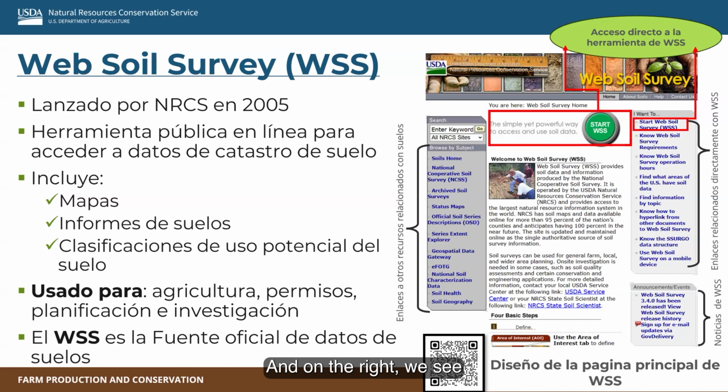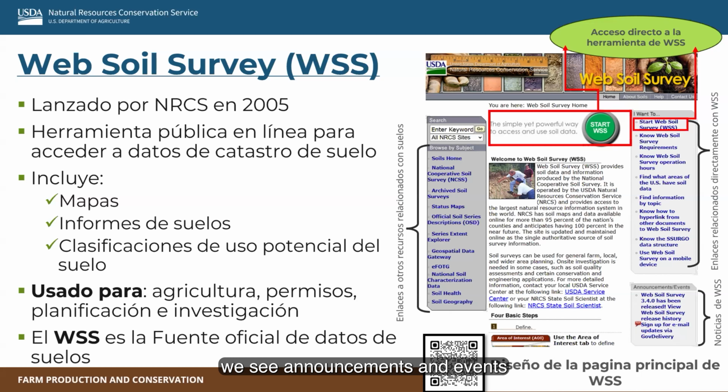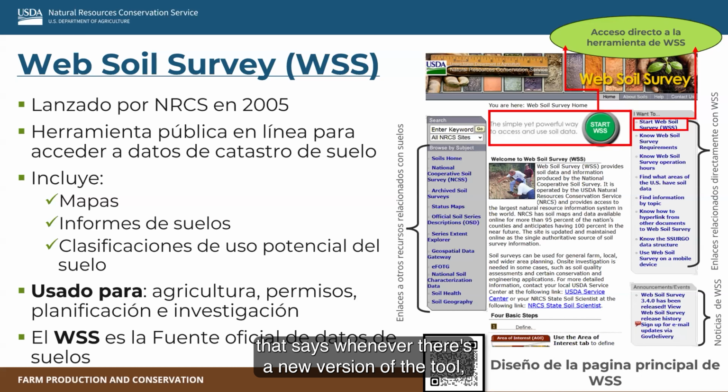And on the right, we see the section that says I Want To, and this section has different links directly related to the tool of Web Soil Survey. The first one, Start Web Soil Survey, is another way to access this tool. And at the bottom right, we see announcements and events, where you get notified whenever there's a new version of the tool.